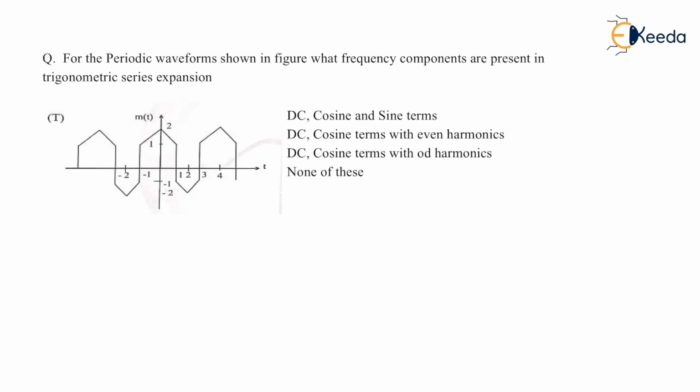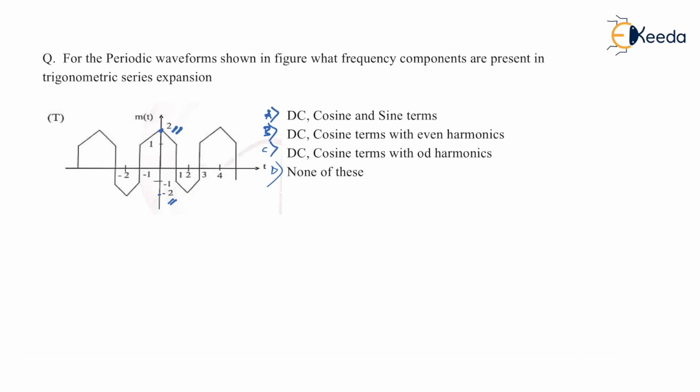Let's read the next question. Again, the question statement is the same, only the figure is different. So just look into the figure and you have to identify one of the options out of A, B, C, D. So this is actually option A, option B, option C, and option D. Let's see. The maximum amplitude over here is 2 and it is minus 2 over here. Even though it doesn't look so, we have to accept that the maximum amplitude is plus 2 and the minimum amplitude is minus 2. So whatever portion of magnitude we have above 0, the same portion we have downwards also.